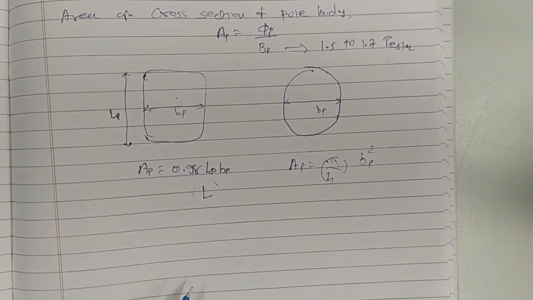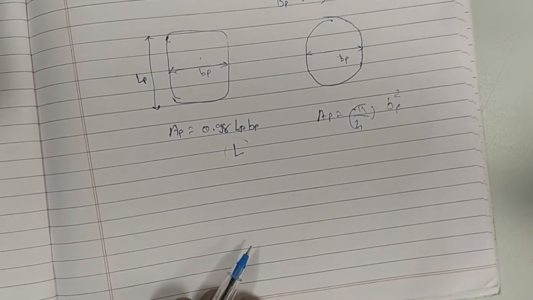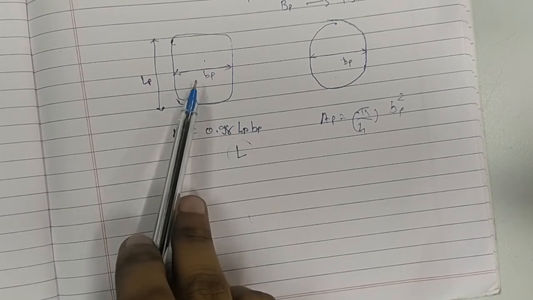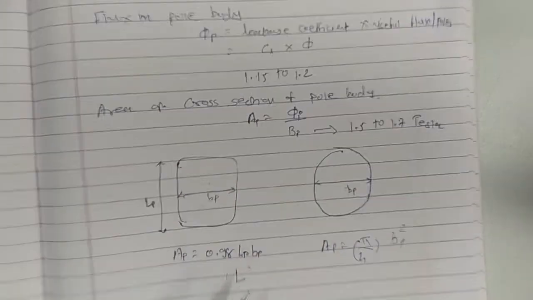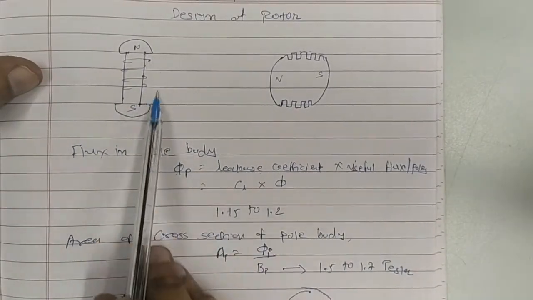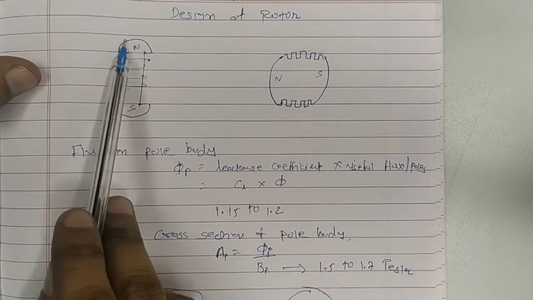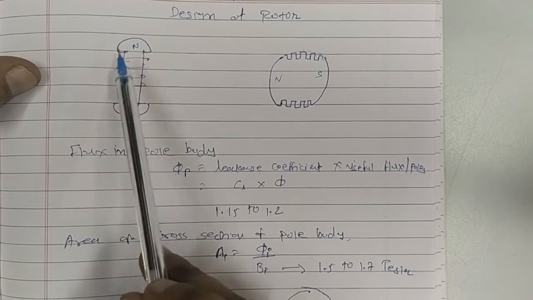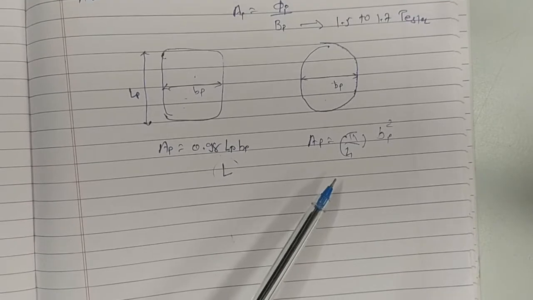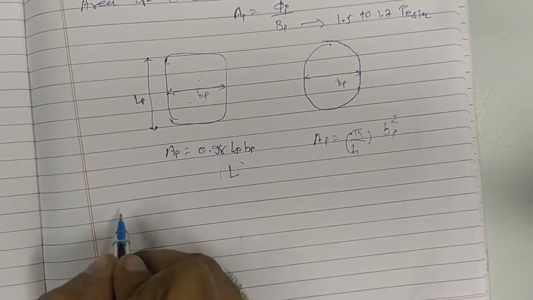Now if we proceed further, then we need to calculate the height of the pole, because these two are the dimensions from the top view that you can see, but still we don't know what will be the height. In case of a front view, you will be able to see the height, but this top view just shows what is going to be the width and the length. So the height of the pole is the next objective.